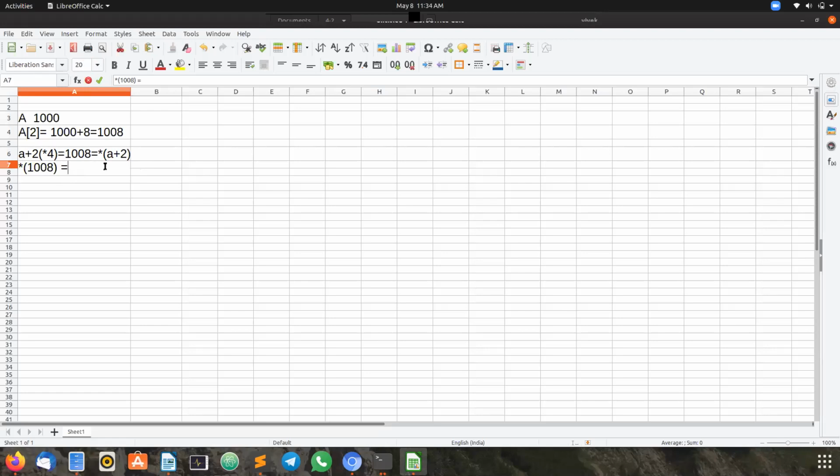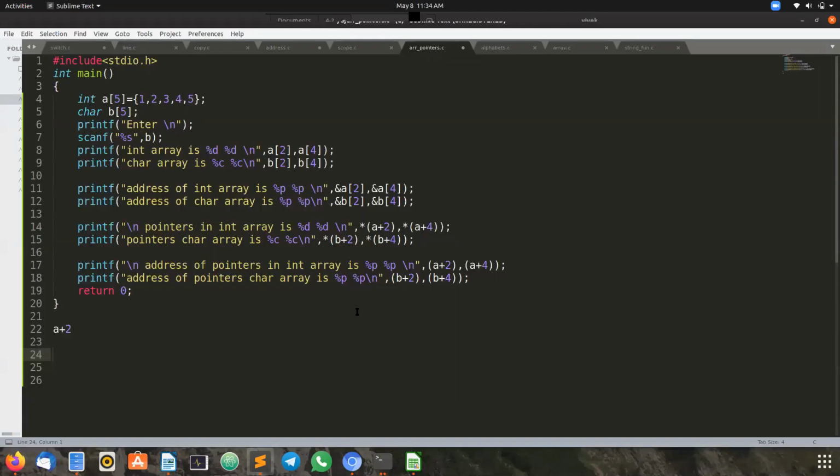So this is a different type of representation. I hope it is clear now. Did everyone understand or still any doubts regarding the addresses and how to reach a particular index using asterisk and the pointers concept?